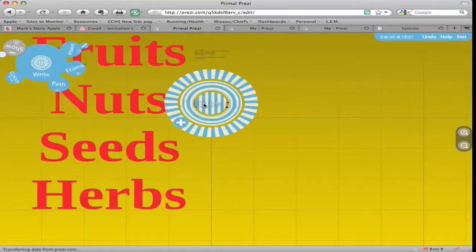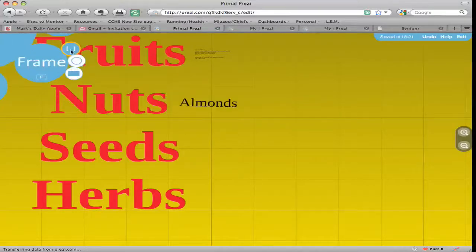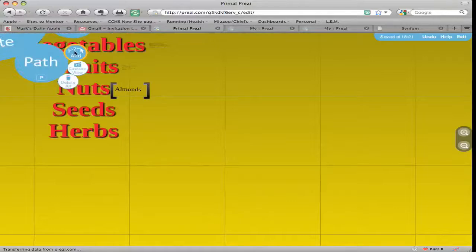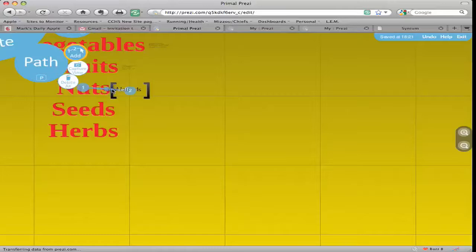As you get into the actual presentation piece, if you want to bounce people from one slide, if you will, to the next, then you can click on frame, click here, and it will put brackets around there. Then you can set up a pathway. So we could go from, for example, here to here to here.